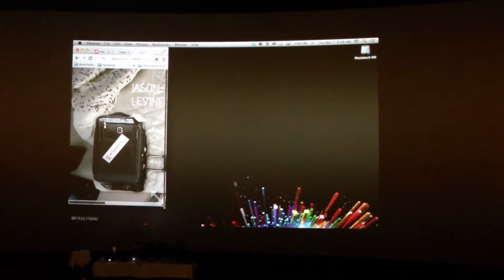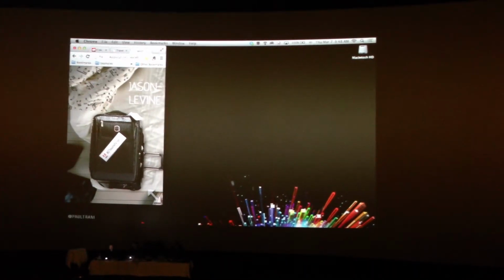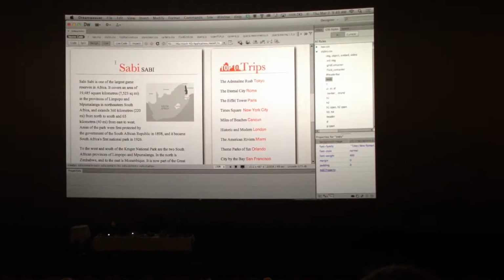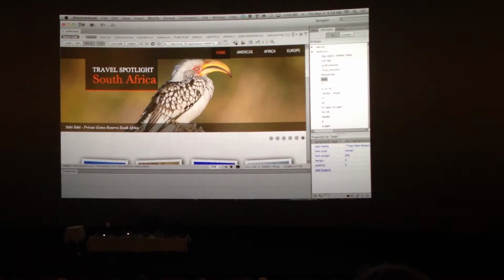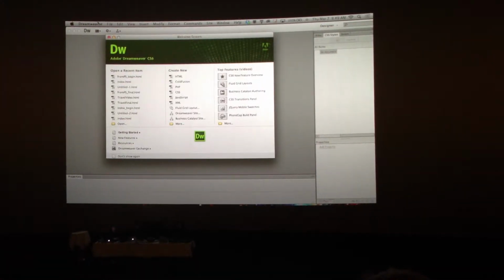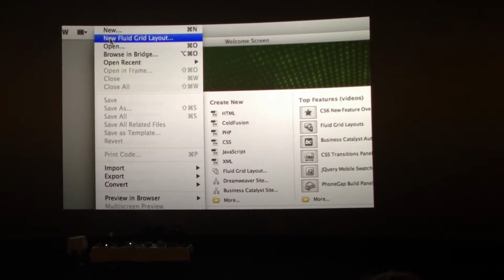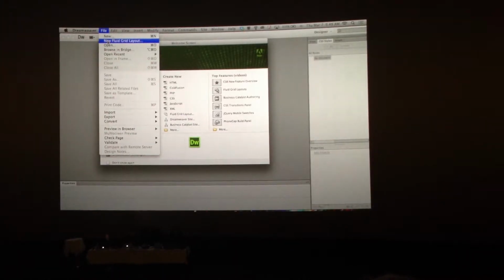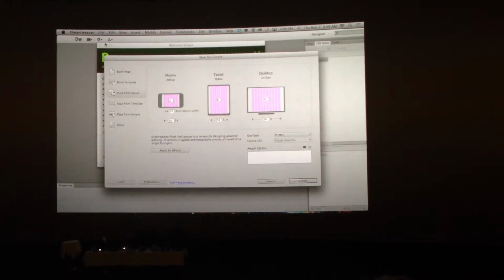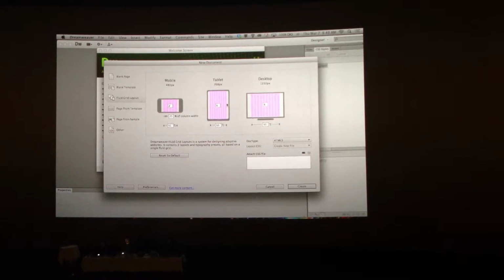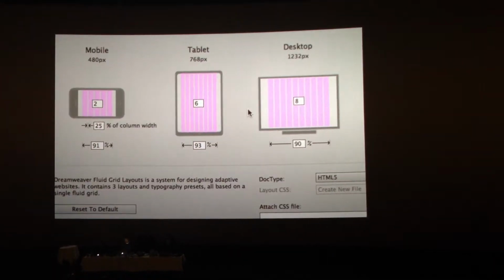All right. And the thing is, where would you begin when it comes to this sort of scenario? Well, I of course encourage you to start out in Dreamweaver. So here I'm in Dreamweaver. I can literally go to File, New Fluid Grid Layout. Okay, this is cool. This sounds good. That sounds like what I need to do. Oh, this is great. Basically gives me the opportunity to create